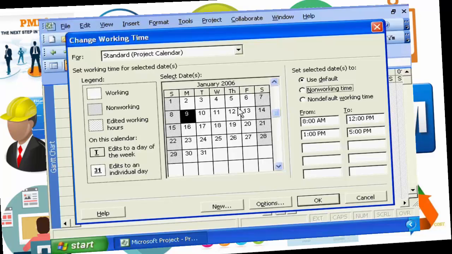While you're setting holidays, I would encourage you to go in and set the holidays for several years in advance. You may be planning a project that's only 6 months long, so you feel you're safe going in and only setting the holidays for the next 6 months. But after that project is finished, you're going to start another project. And after that project is finished, you're going to start another project. So again, I would encourage you, when you first load Microsoft Project on your PC, go in and set the statutory holidays for 3 or 4 or 5 years hence, because you'll never remember to do it again,